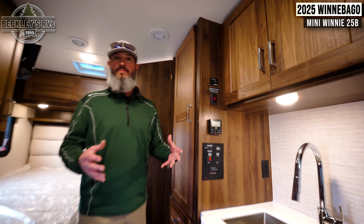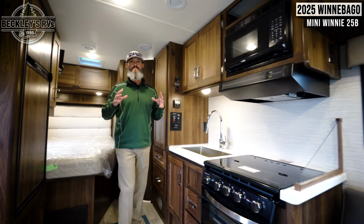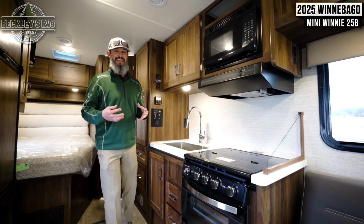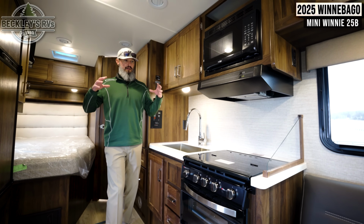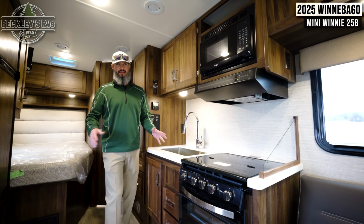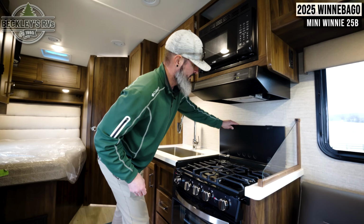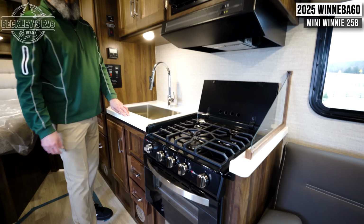Again, 25-foot motorhome, usually everything is shrinking down, but not with Winnebago. They make the most of this motorhome, which allows them to engineer and really maximize the capacity. And when I say capacity, loosely, I mean as far as the features. We have, of course, a good old-fashioned three-burner stovetop,